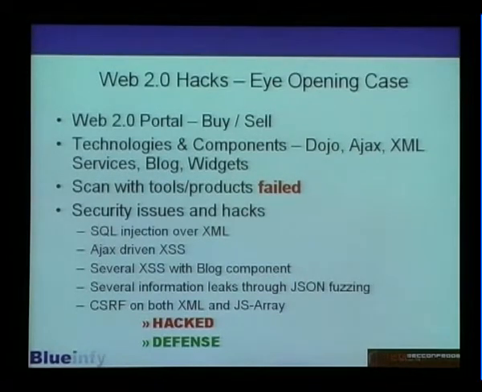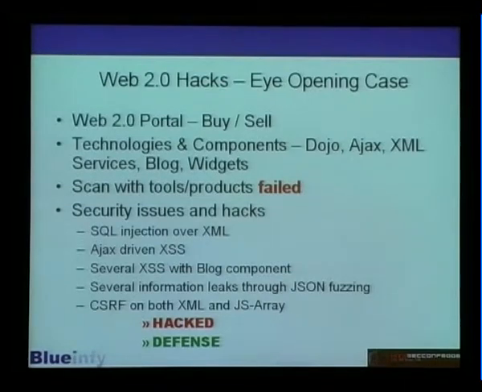No vulnerabilities were found, no resources were captured, and there are so many resources in this particular application, but none of them were discovered by these scanners. So we did manual testing as usual and started to discover a lot of different vulnerabilities in the application. All these application vulnerabilities are quite unique compared to the traditional way of scanning your application. Some of the vulnerabilities we discovered are SQL injection over an XML pipe or a JSON pipe,